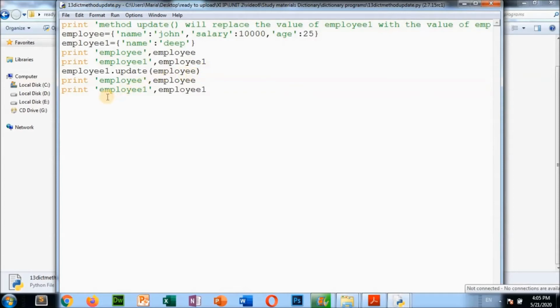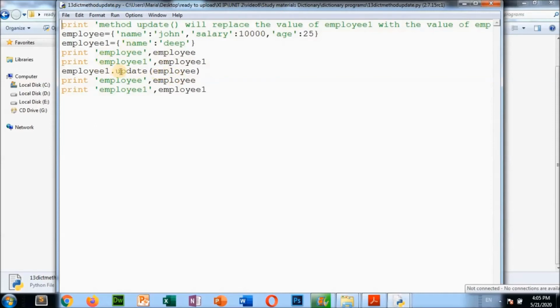So what you are updating: employee1 dot update employee. From the employee dictionary you are updating this employee1. Okay, employee is a dictionary, employee1 is another dictionary. In employee this record is there, and in employee1 name and deep is there. So print employee, it will display employee, and employee1 dot update employee, so the employee's record will go to employee1.